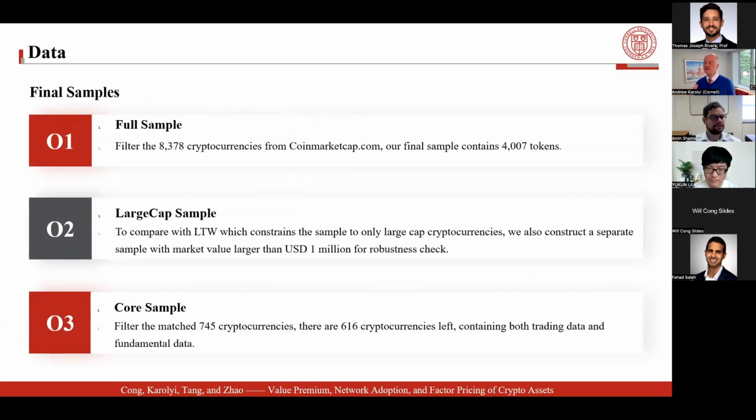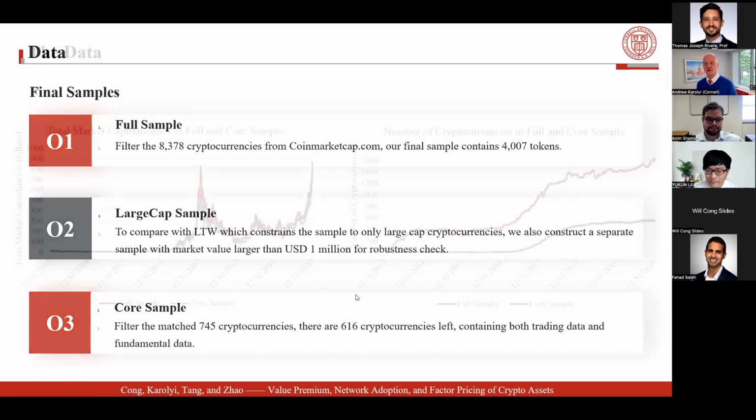Ultimately, we're going to do some cleaning exercise and reduce that to about 4,000. Think of that as the universe, the full sample. Then we want to do some comparisons with our predecessor papers like Liu et al., which we're going to call LTW, and this is mostly just the large cap subcategory. So we're going to want to do those contrasts and comparisons because there's some cool insights there. And then ultimately marry our full sample with the on-chain data on network stuff. And that's what reduces the 4,000 down to the 745. Does that make sense? The distillation here and the playgrounds within which we're going to do our experiments.